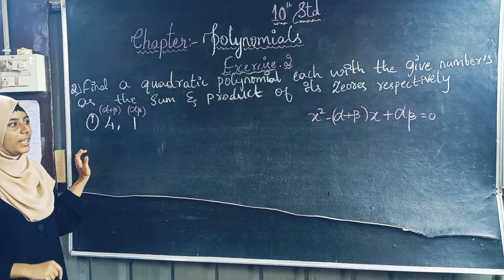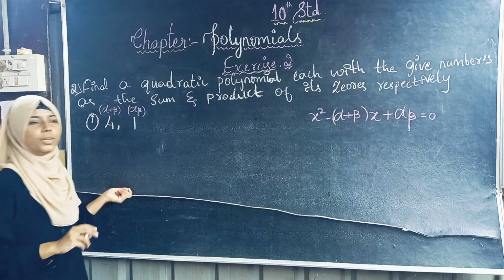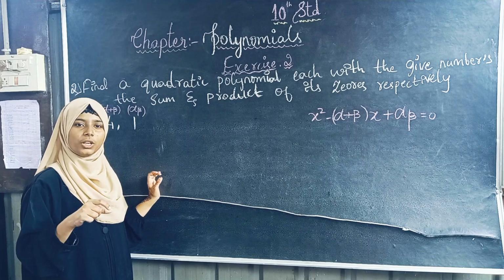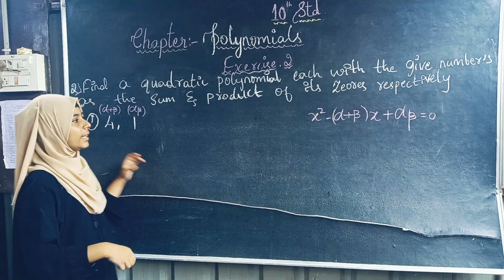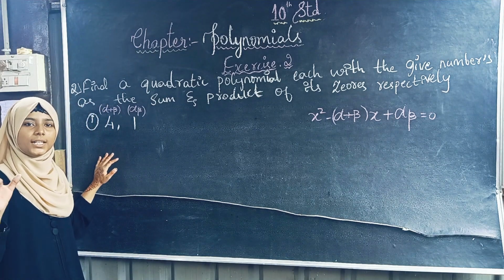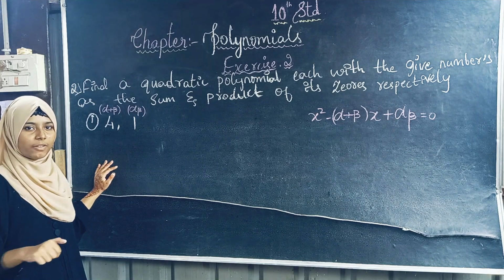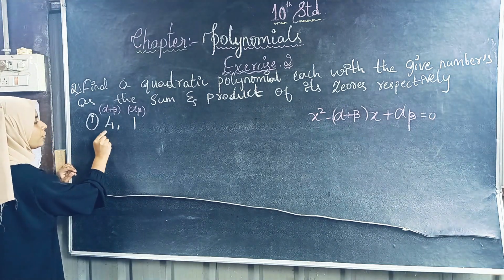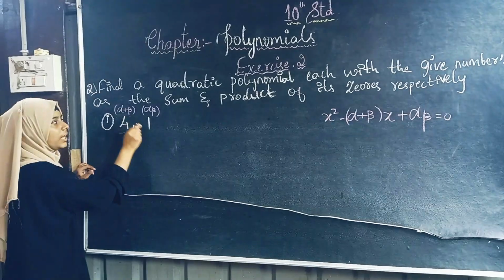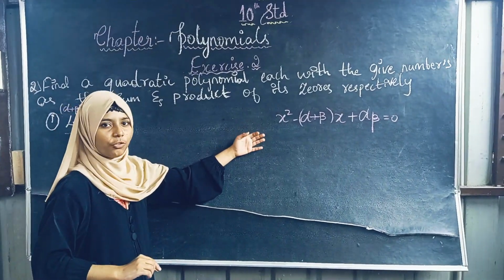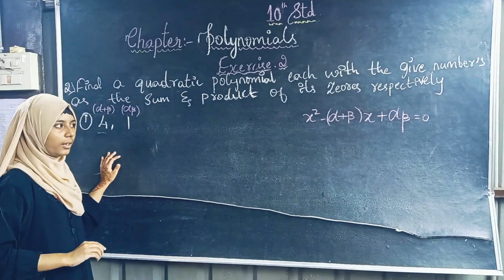The second main is opposite to the first main. In the first main they have provided the equation, and we have to convert that equation into zeros. But in the second main they have provided the zeros, and to those zeros we have to make an equation. Now this 4 is known as alpha plus beta and 1 is alpha into beta. This is the formula. By applying this formula we have to make the equation.